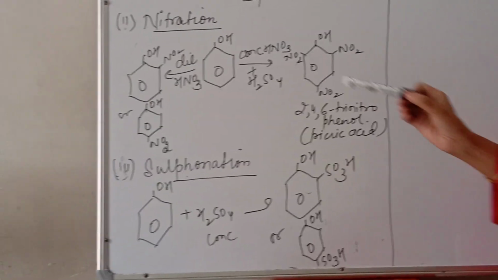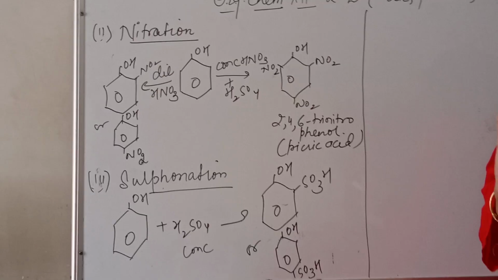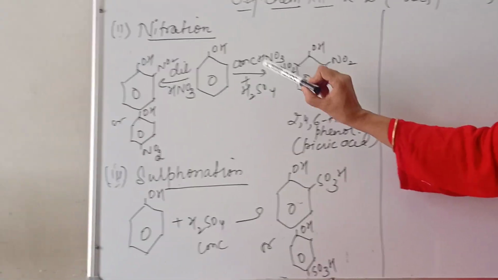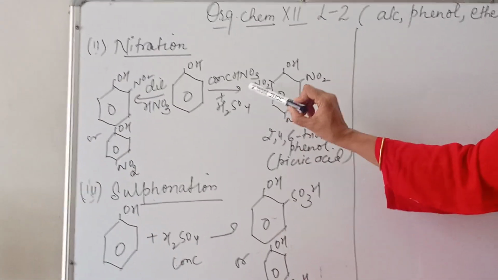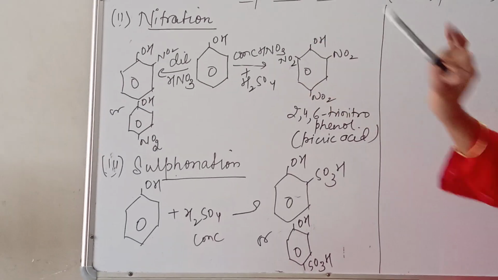One thing you must remember that during nitration, if any compound is nitrated, then we always take the mixture of concentrated HNO3 and H2SO4, where concentrated HNO3 is a carrier of nitro group and H2SO4 is a non-volatile acid, so it makes HNO3 more stable because it is a volatile acid.